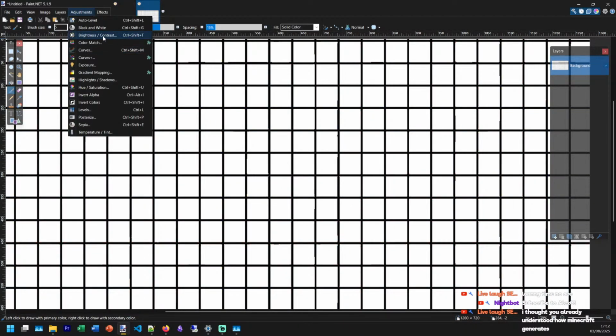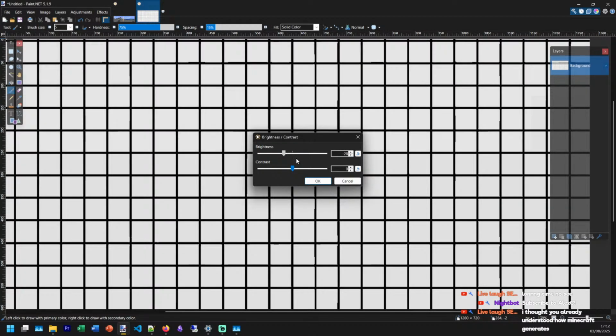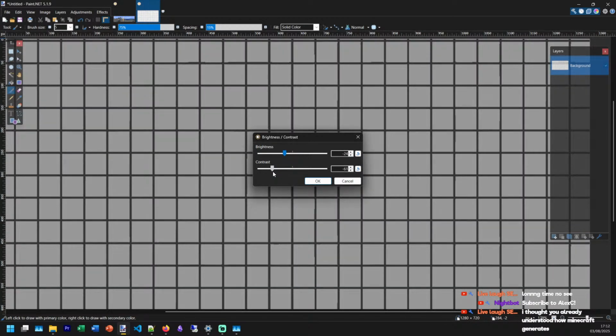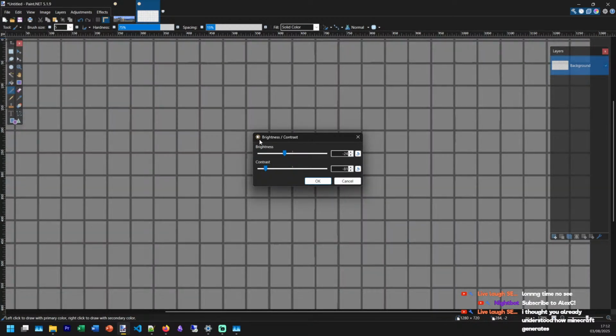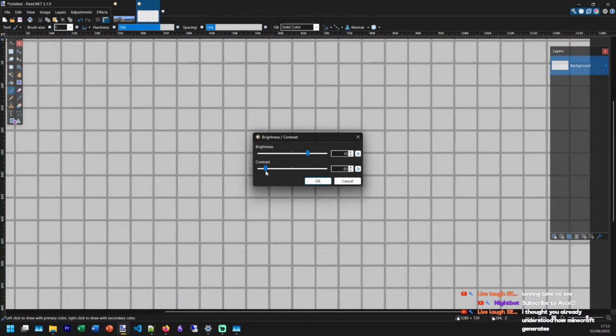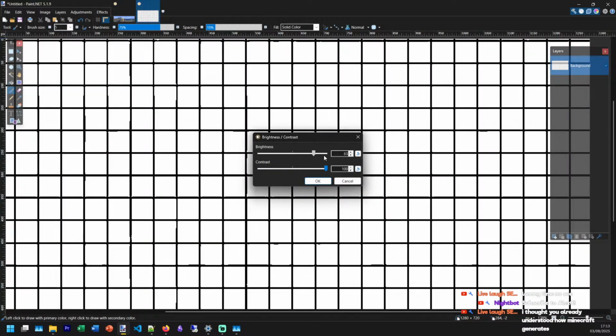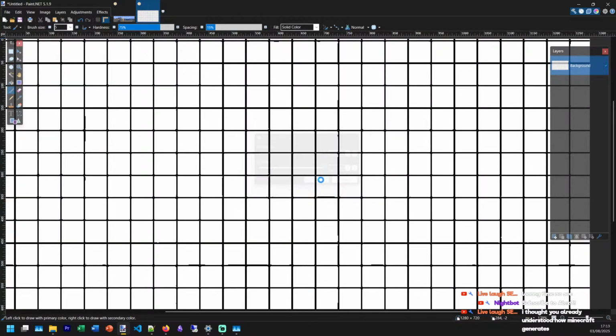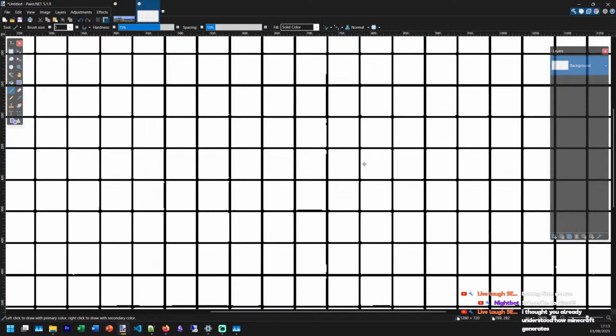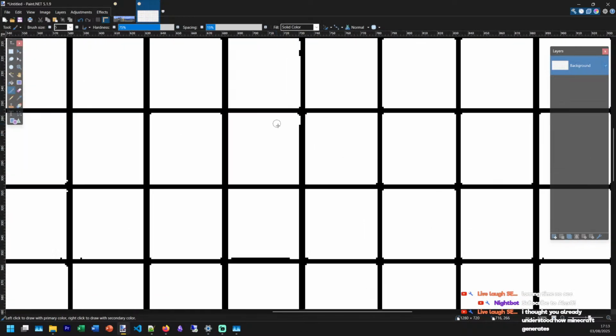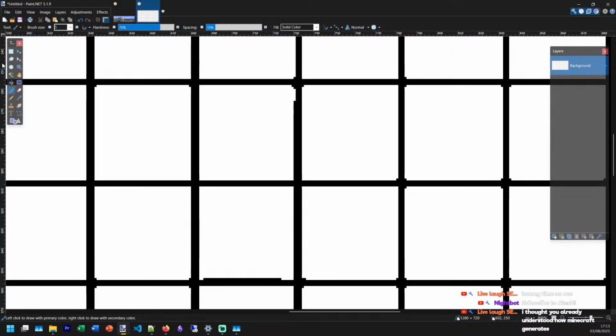No, didn't click on you. You know, brightness and contrast. There's just this awful. You know what? We'll roll with this. I've got the optical illusion effect. I hope you do as well, even though it's like the worst grid I've ever made.